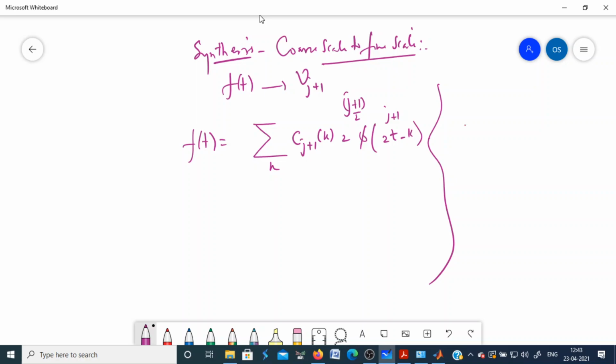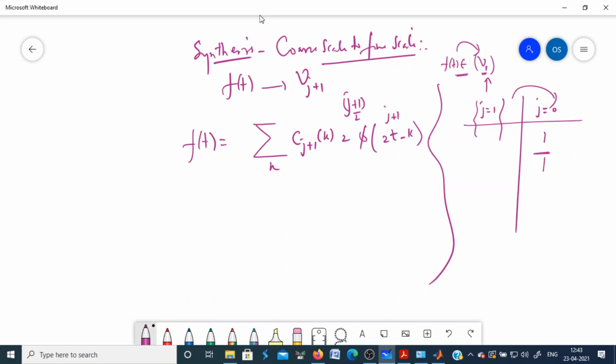Okay, when we discussed multi-resolution analysis, we said that if you first start from the j equal to 0 scale, then we have the scale j equal to 1. So if the space for this is V1, any function in that space can be expressed using the scaling functions only. But if you want to express this function, which belongs to the space V1, at a lower scale, then you need both the wavelets and the scaling functions. So at this scale you can represent it using the scaling functions only, without the need for any wavelets. But at a lower scale you need both scaling and wavelet functions.